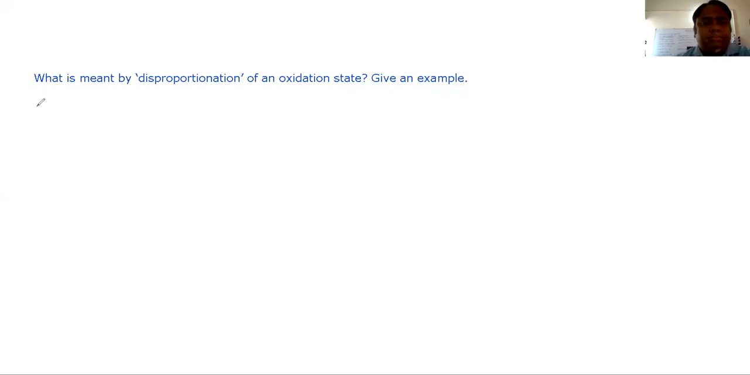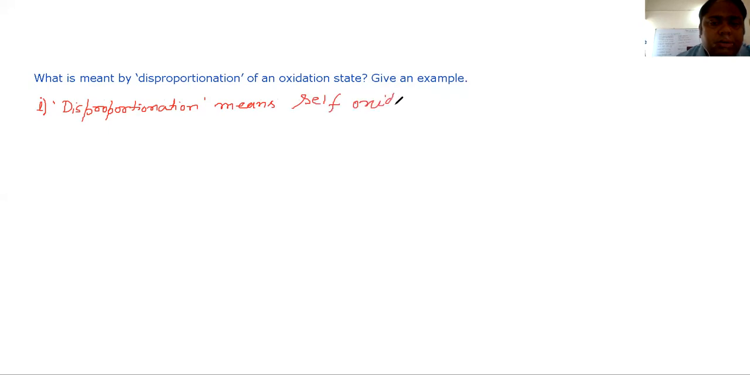First, disproportionation means self-oxidation and reduction reaction. Now, disproportionation of oxidation state is there. So second we have to write